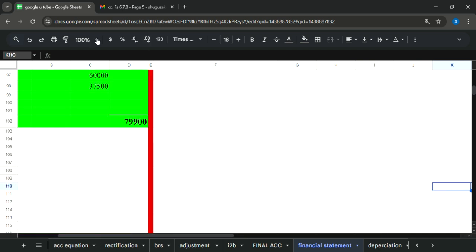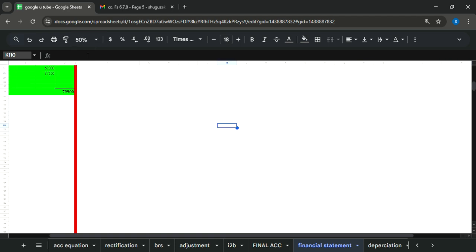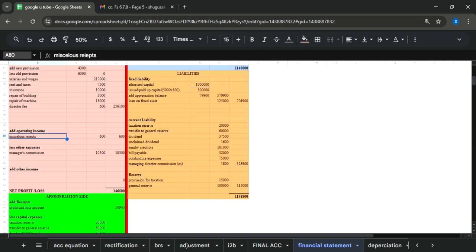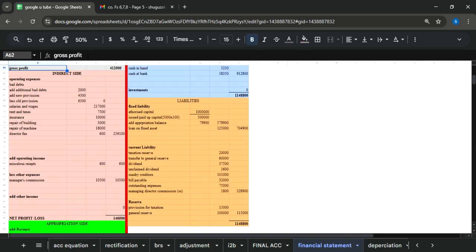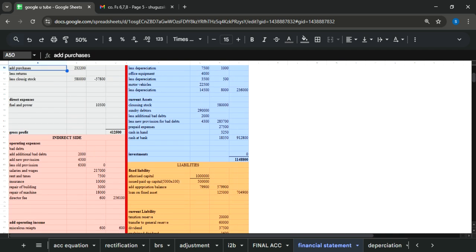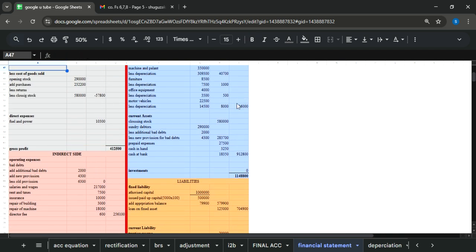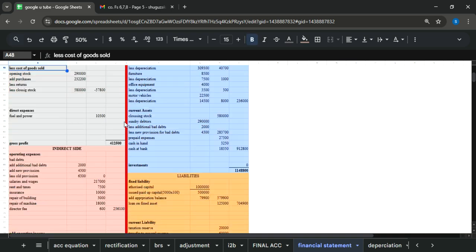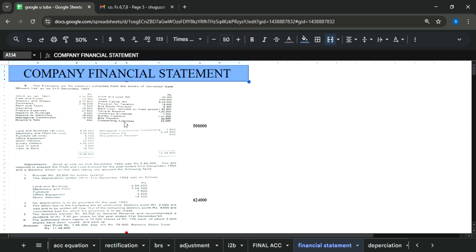So guys, in this way we have completed our question, and look at how much calculation work we have done. It was a lengthy question. From here you see dozens of amounts are posted, calculated, subtracted, added, and we have our final result. So guys, you can see that our question is completed. Although the solution is currently available for you,